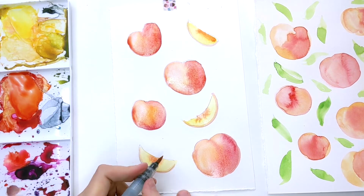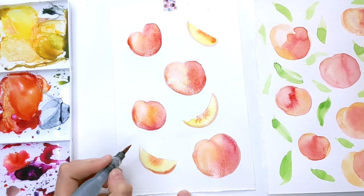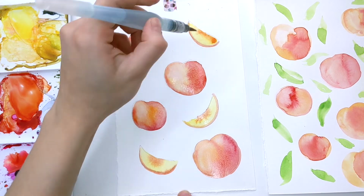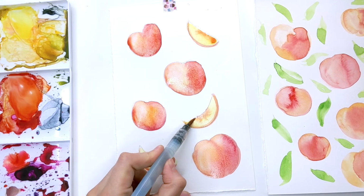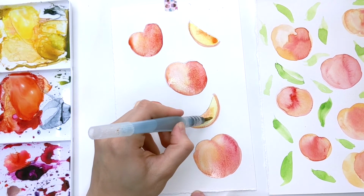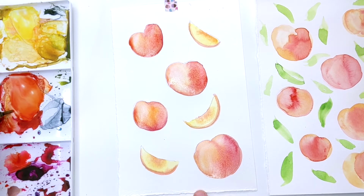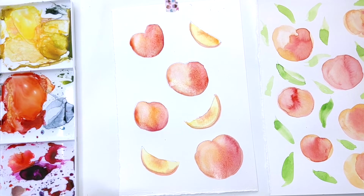I might outline the edges a little bit more. There we go. And it's kind of fun that these colors are spreading out like this, because that's how you see it on the slice anyway. So I'm going to let these dry, and then I'm going to add just a few little details. But in the meantime, I'm going to paint